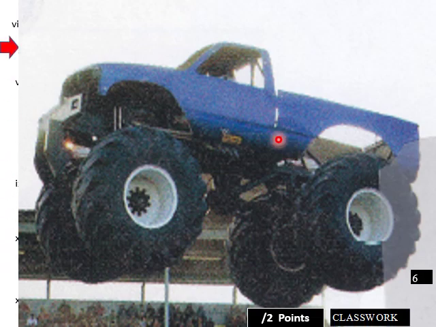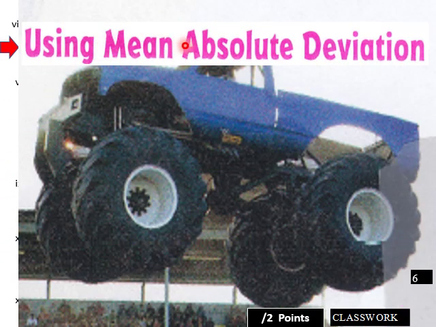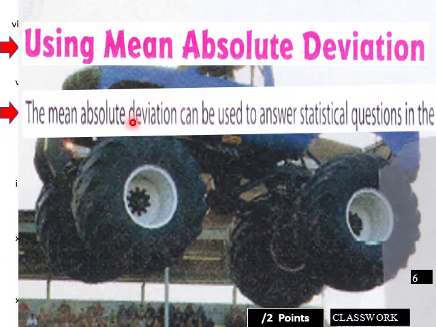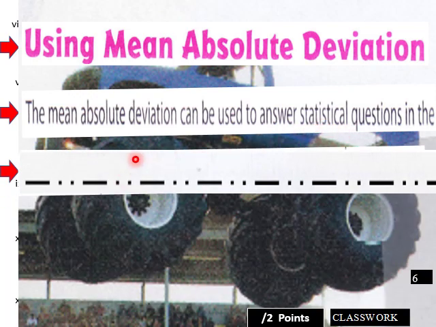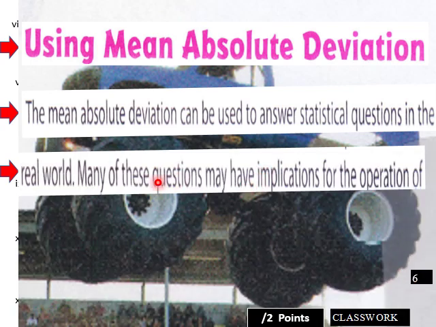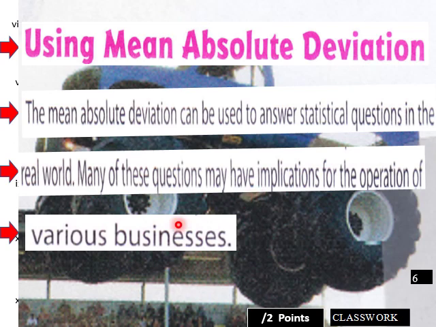Okay, so knowing now how to find a MAD using mean absolute deviation, the mean absolute deviation can be used to answer statistical questions like in the blank here, students. So the idea here is in the real world, many of these questions may have implications for the operation of various businesses. So with a data set, you can use the knowledge of a mean absolute deviation to make business decisions, okay? So for example,